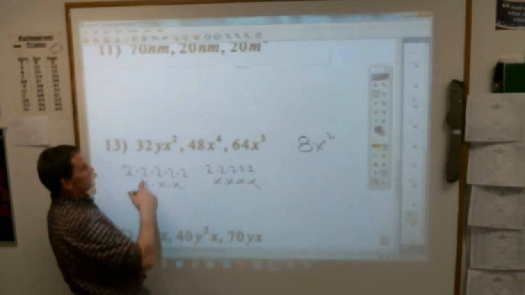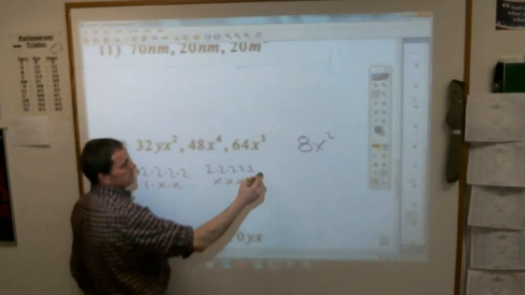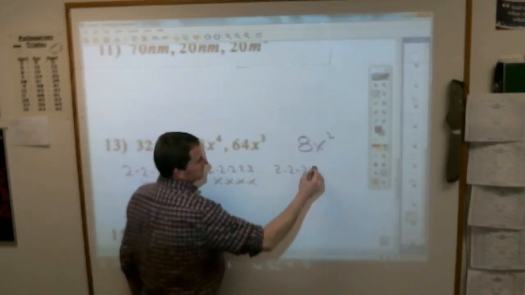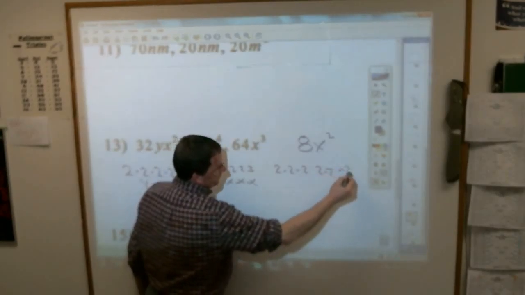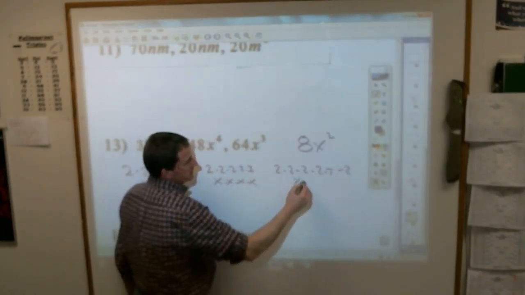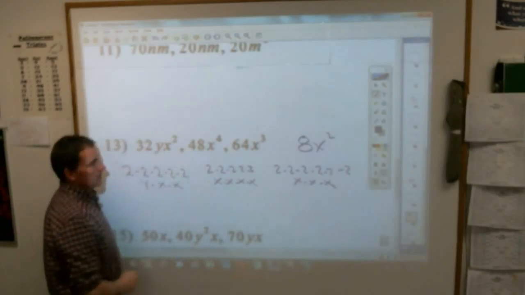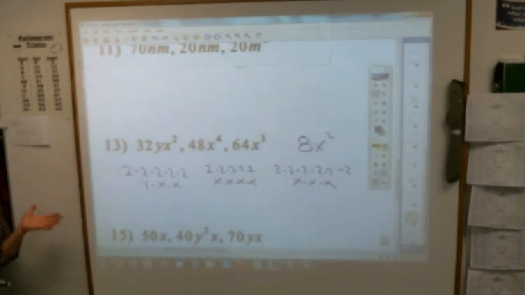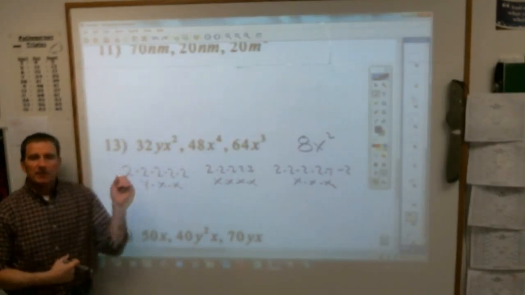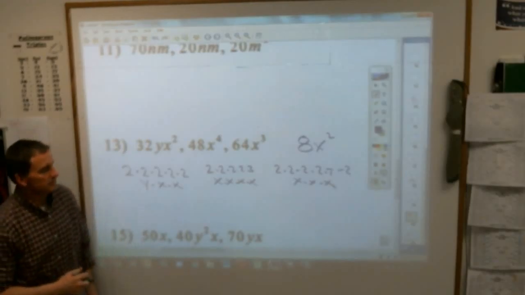64, did we already do that? It's this with one more 2, 6 2's. 64 is this. 6 2's and 3 x's. Okay, that's the prime factorization of all those. I'm not going to spend forever doing that. What do they have in common? They have,